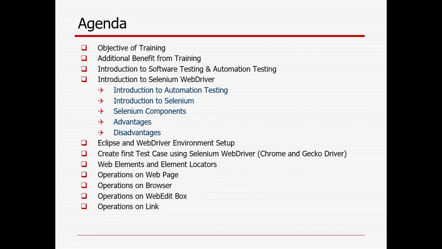So that once you learn Selenium WebDriver, you start practicing it and gain confidence, and once you gain confidence, you can really work on the project, as well as try for better opportunities outside your organization or outside the world. So that is the overall objective here.